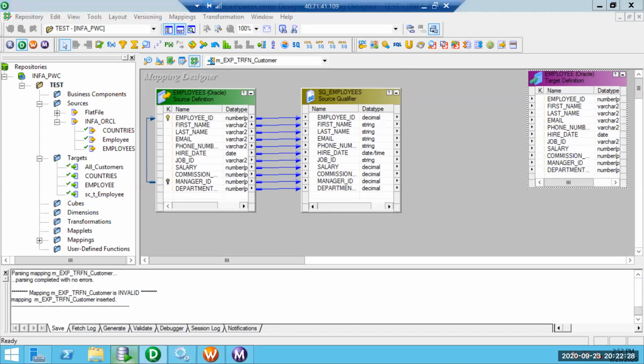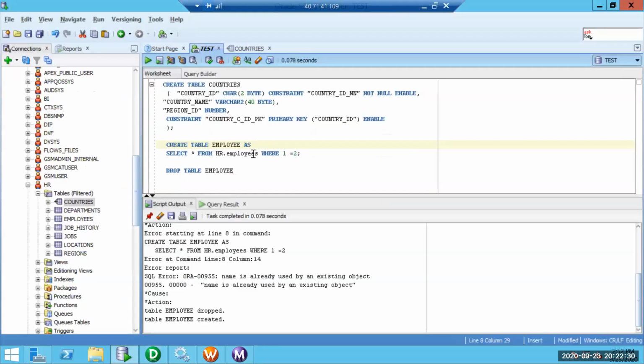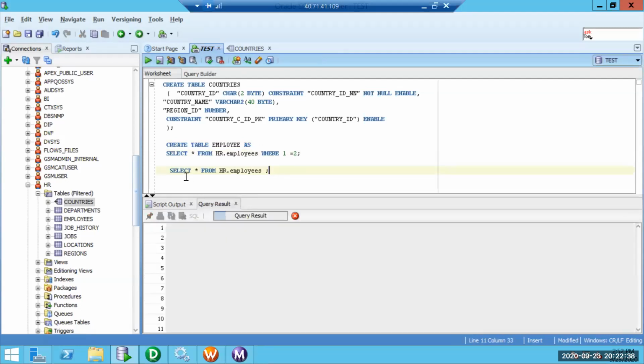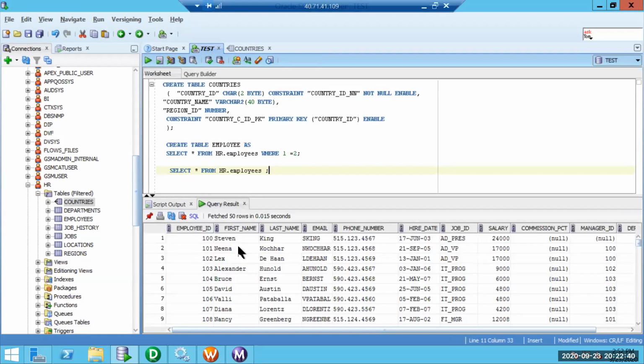So let's see the data in the employee table first, and after that we'll try to analyze what changes we can do. Here the first name and last name are in two different fields.